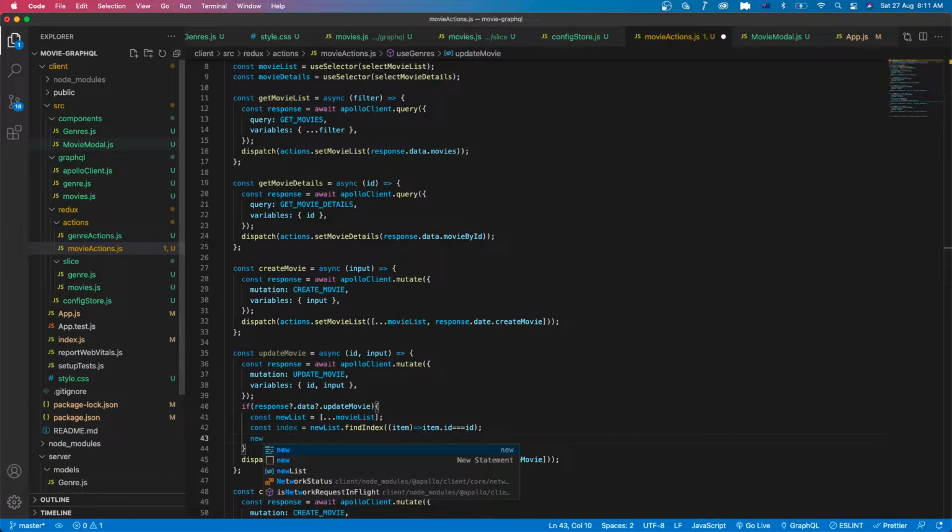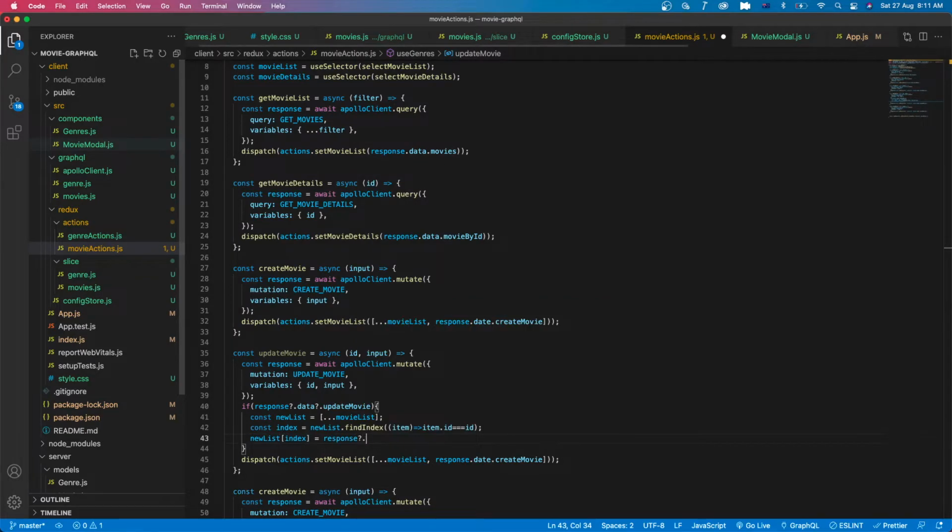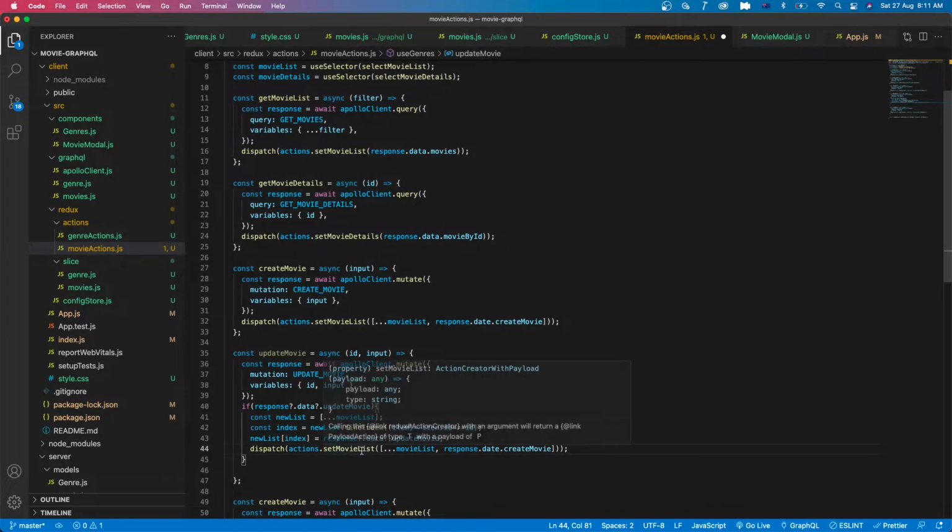So we will set the new list index to the response data dot update movie, and after that we will dispatch the action set movie list to the new list,